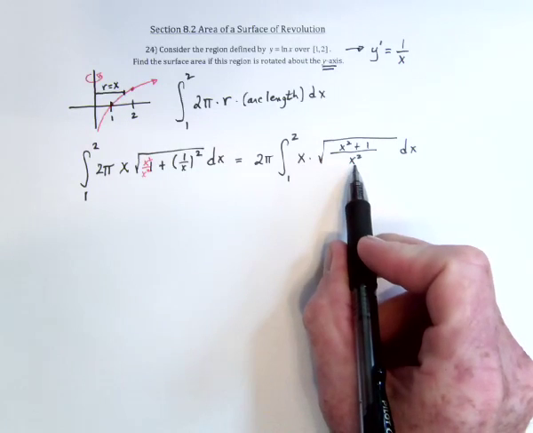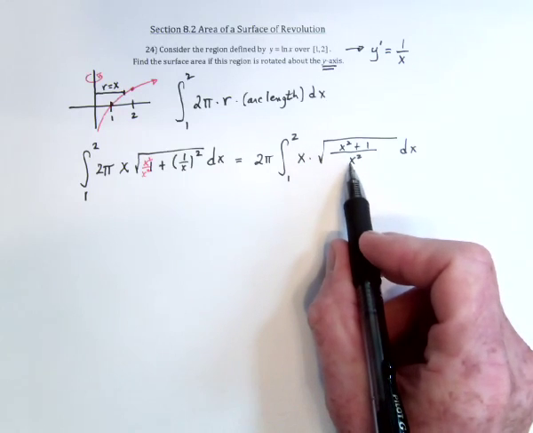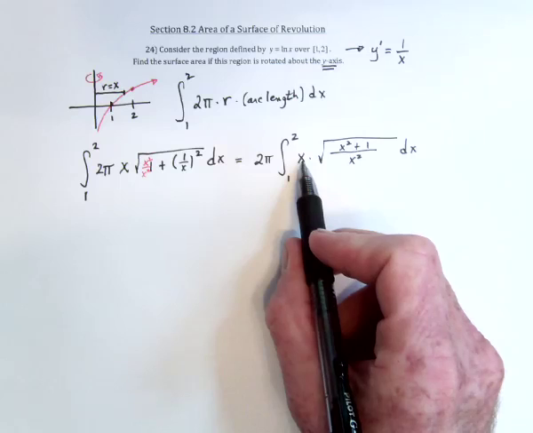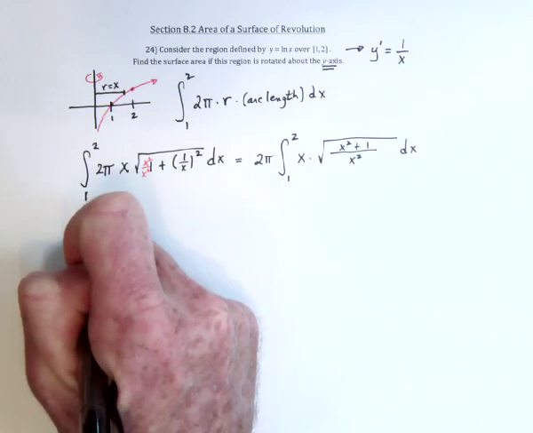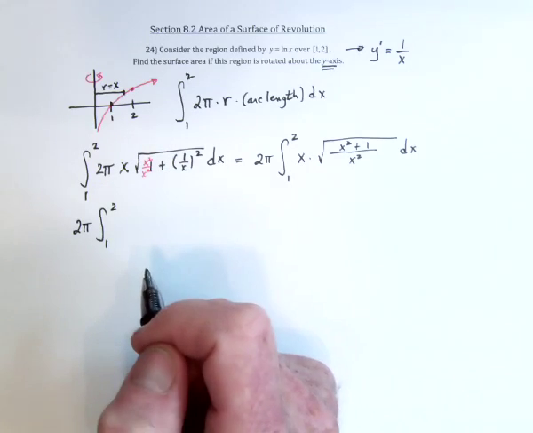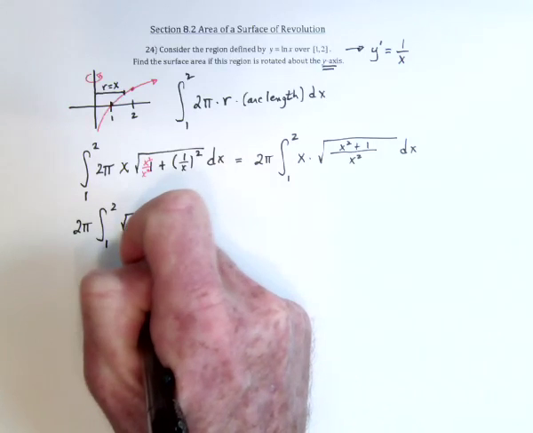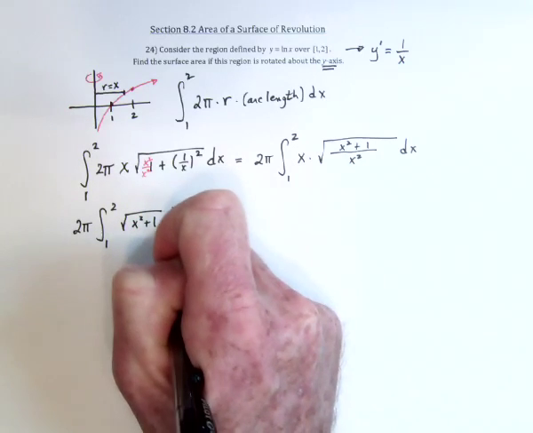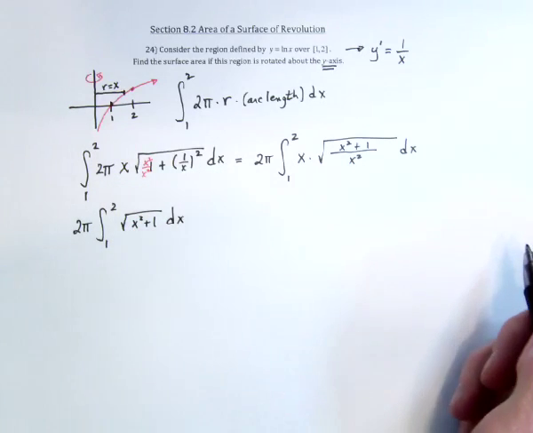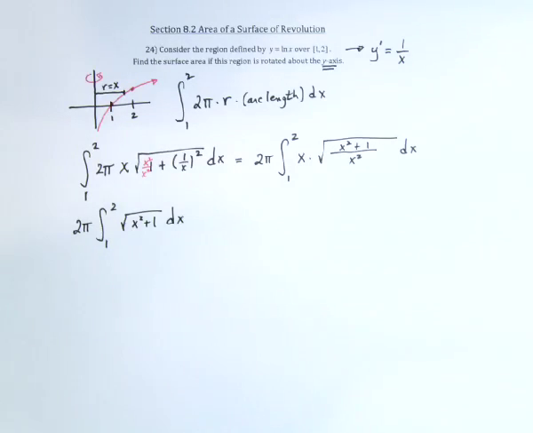And then we could take the square root of this x squared, it would put an x in the denominator, which would actually cancel this x. So now we've got 2 pi factored out, integrate from 1 to 2, and then all that's left is the square root of x squared plus 1. And with this, square root of x squared plus 1,